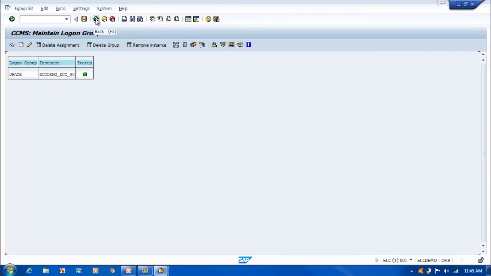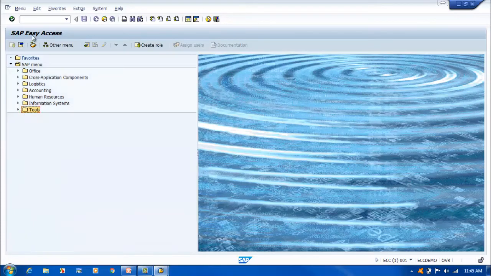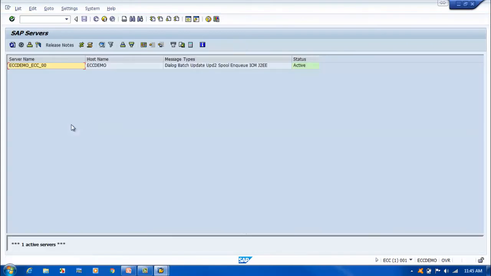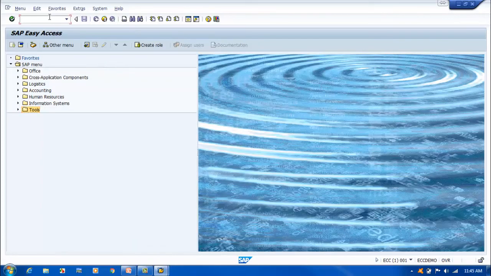How do we see how many instances are in the system? We have a transaction code for that. That is SM51. You go to SM51, you can see how many instances there are. You can see here you have only one instance. In general, of course, you need more than one instance to create a logon group. At the moment, we are just doing the training for this. We have only one system, so we can also create it with one system just to test it. So let's go to SMLG,